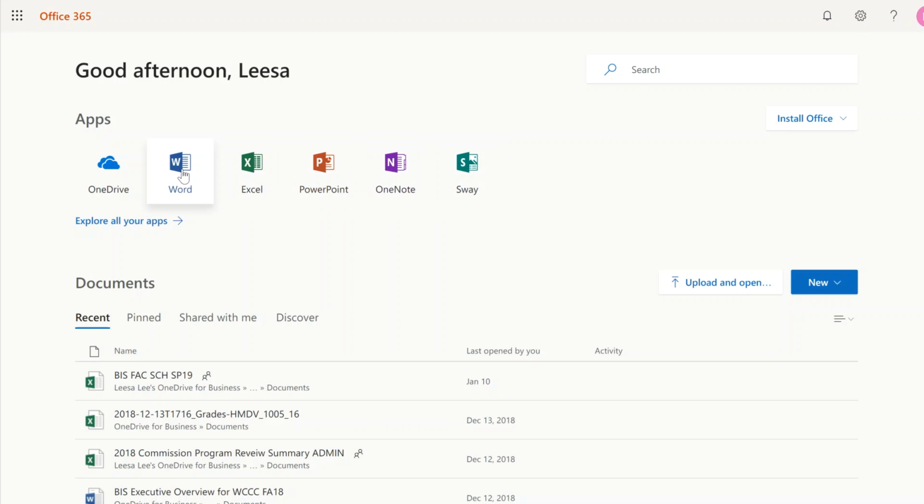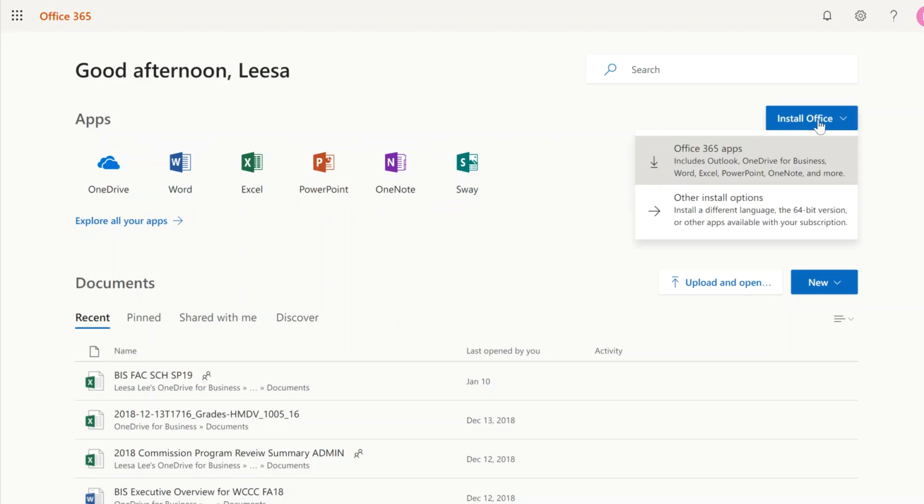If you're installing on your computer, which is what you need to do for this class, you would come over to this button called Install Office, click on that, choose the top option, and that will take you into a downloadable file so that you can install Microsoft Office on your computer. It will be connected to your college account. When you are no longer a student, you will be unable to utilize the software. The files that you have created will still be there. You will not be able to edit, and I don't think you can print once your license agreement is over